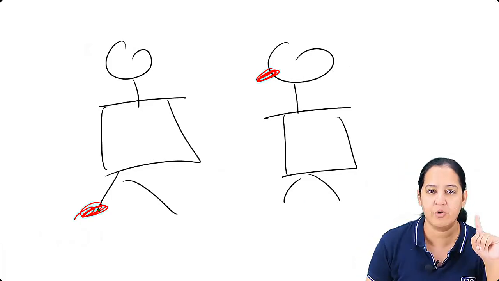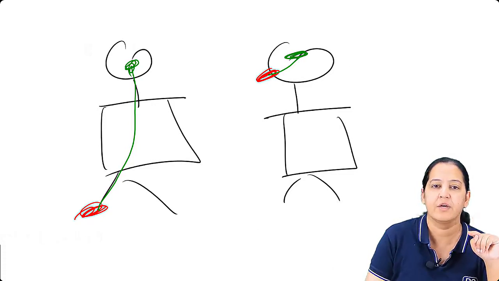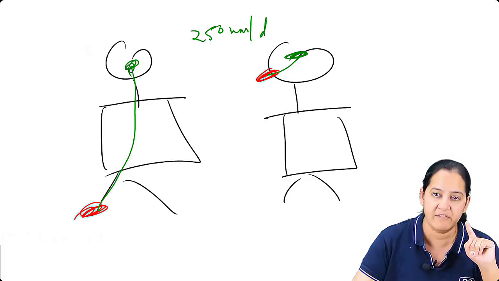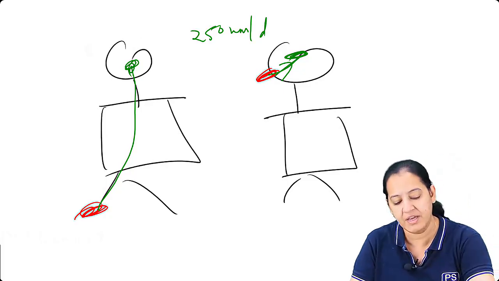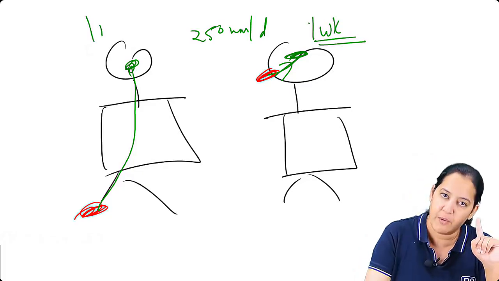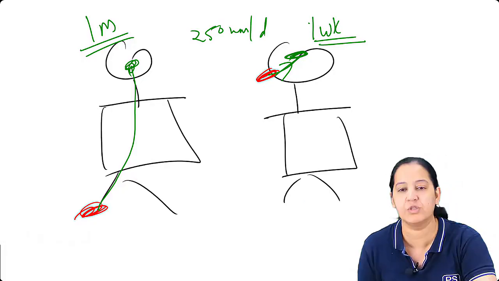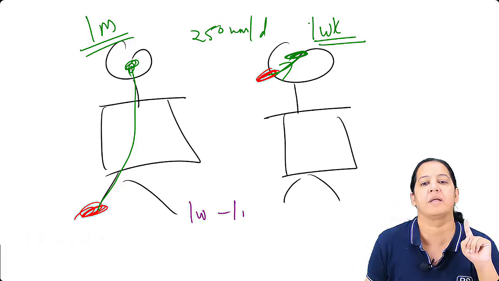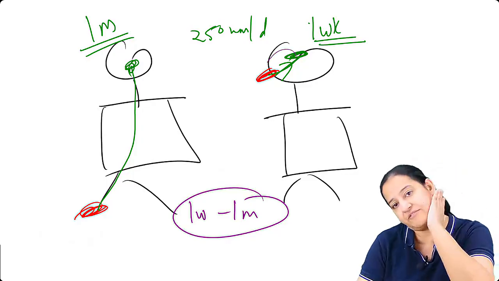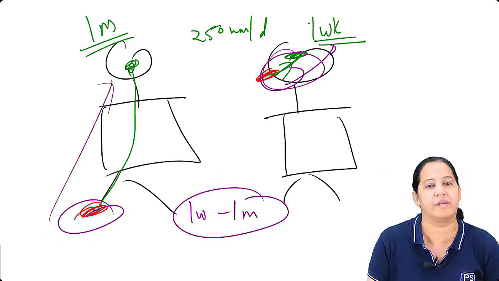Here it will go via nerves and reach the brain, and here also it will go via nerves and reach the brain. You see the route. Daily the virus is going 250 millimeter per day. So here it will be fast. Within 7 days, that is 1 week, the person has rabies. Here it will require nearly 1 month. So my point is that the incubation period is variable. It can be 1 week to 1 month, very variable, depending on the site of the bite. Whenever the bite is on the face and the neck, rabies is very fast, and whenever it is on the foot, it is slow. So this is the reason.